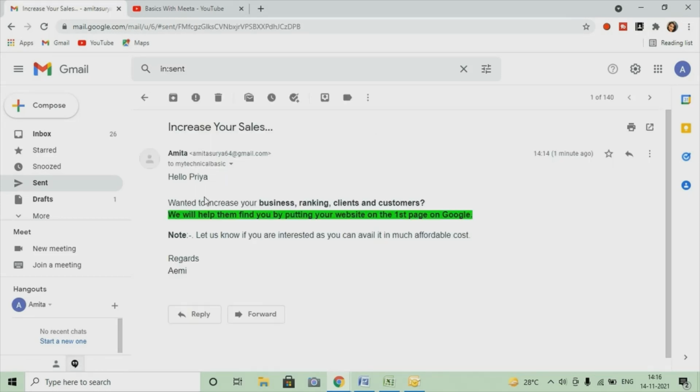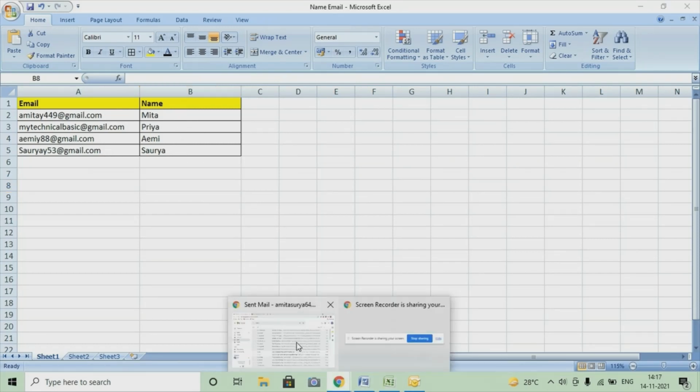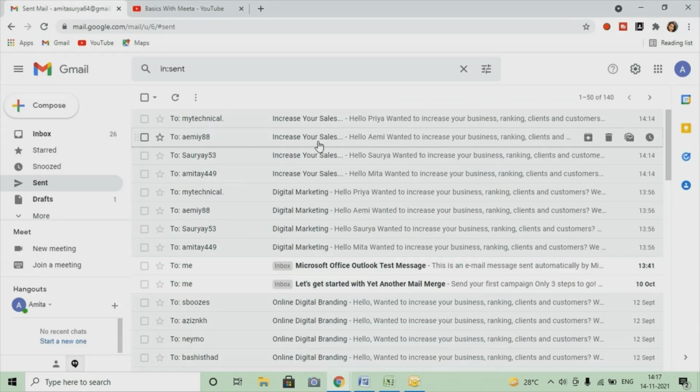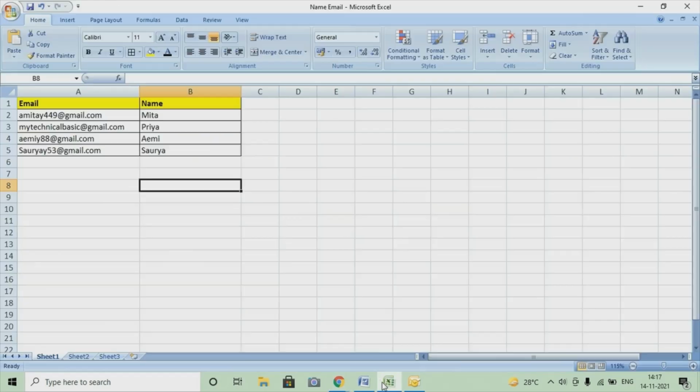So you can see, hello Priya, and in the same way you can see that the entire email list will be sent with its recipient name here. Now I'll go to the second one. You can see that it fetched the name which I had mentioned just beside this with its mail ID.